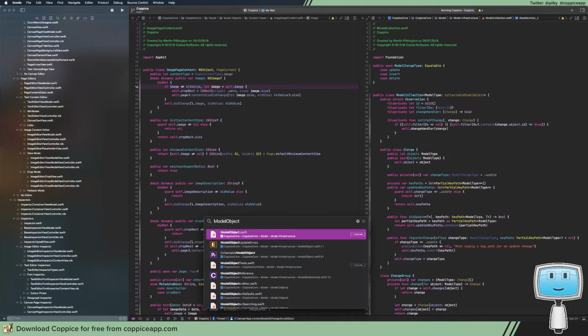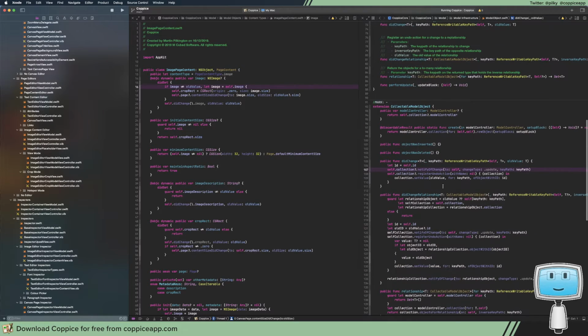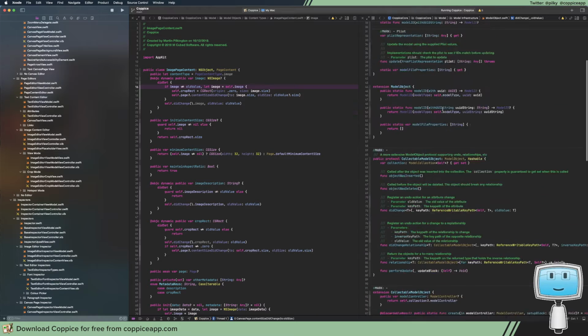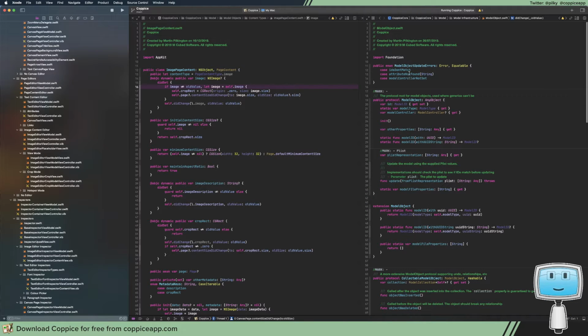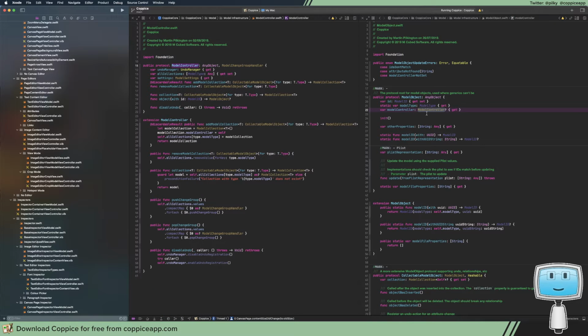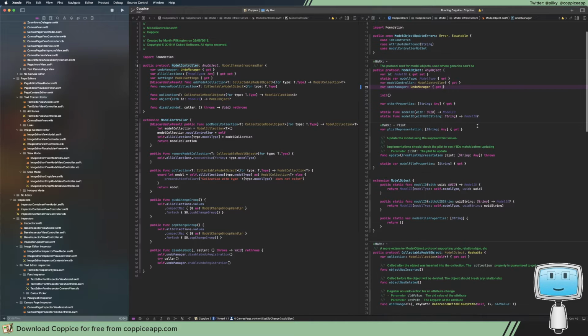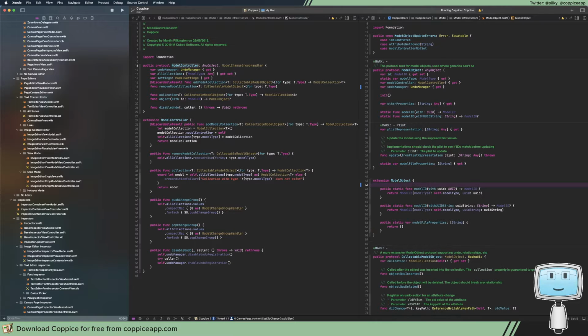Model object. Let's have a look at the model object, which is model controller, and the model controller has an undo manager. So what we could do is make it so that